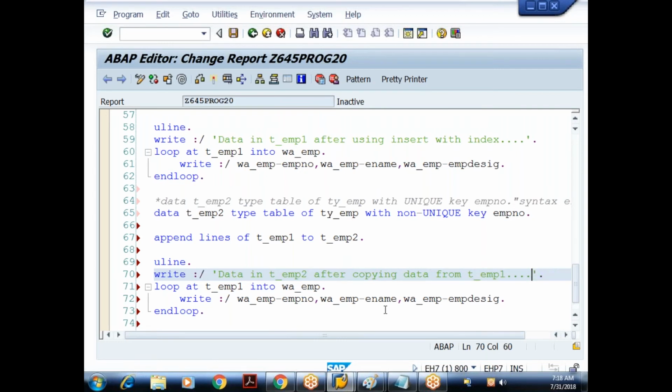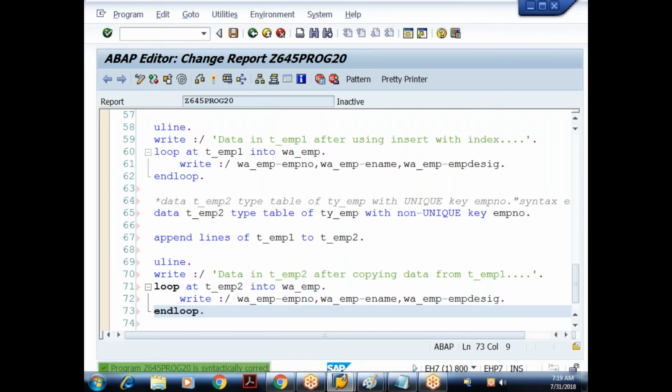So I'm just giving a message here. Then loop at T_EMP2 now. Understood? I copied the data to T_EMP2. I want to check the data in T_EMP2. Since this is also without header, I require a separate structure, a separate work area. I'm populating each record to work area. Let me display it.